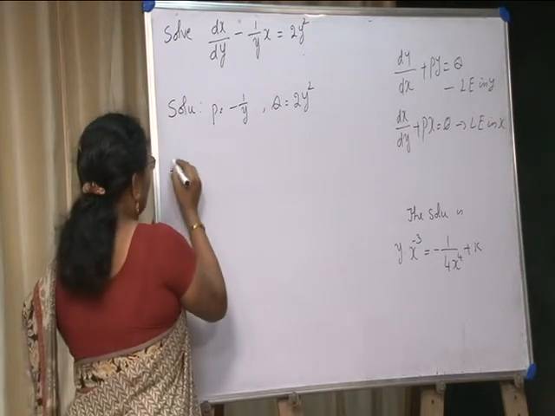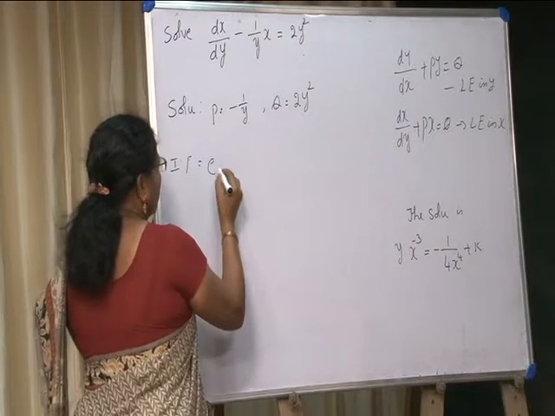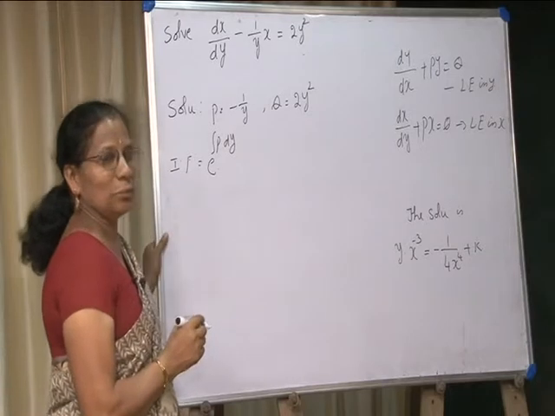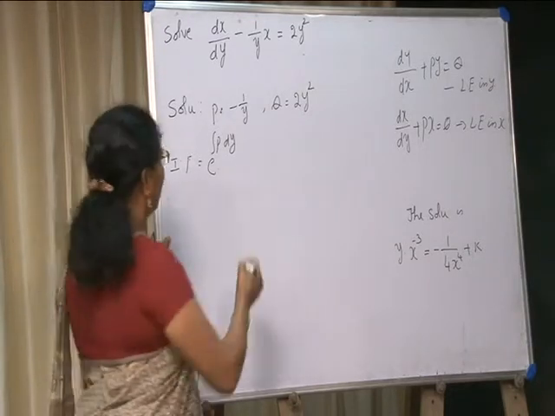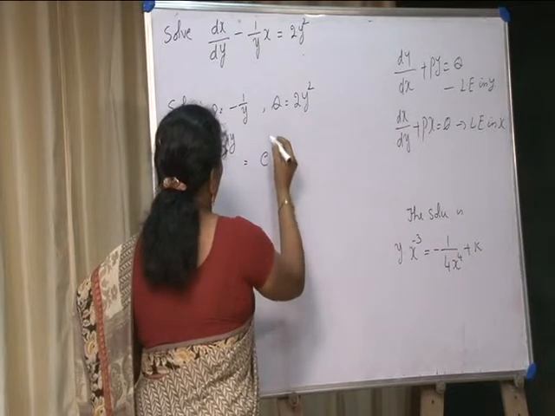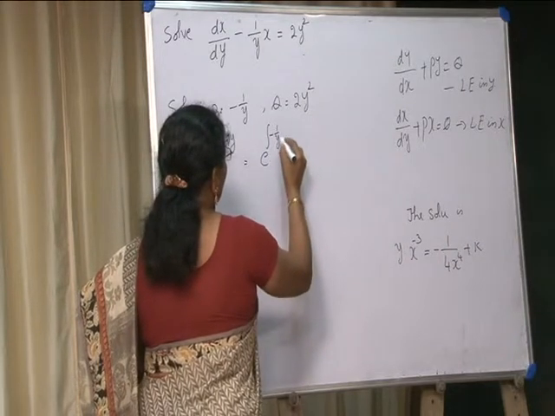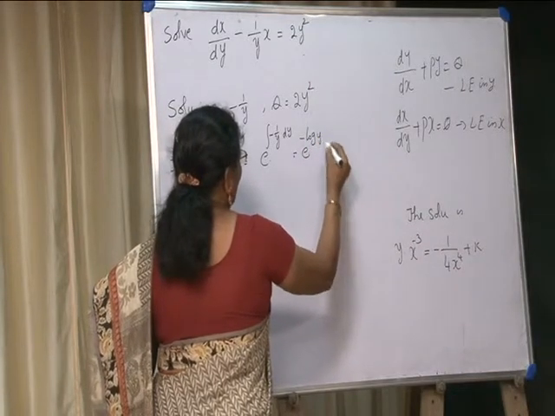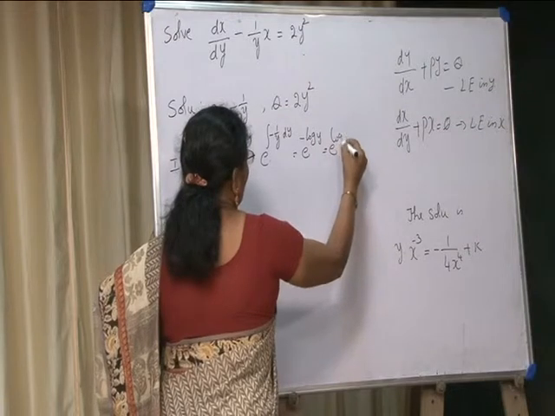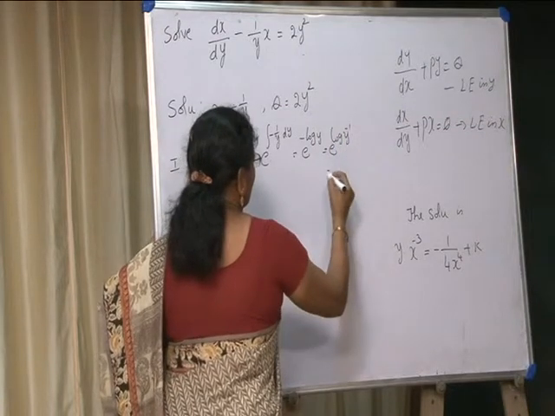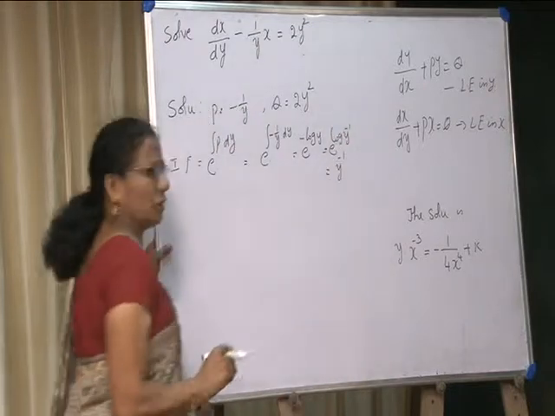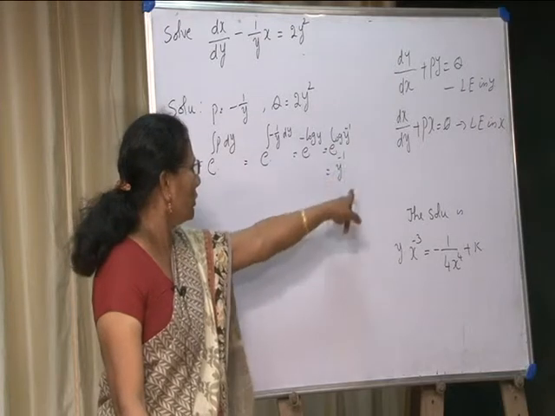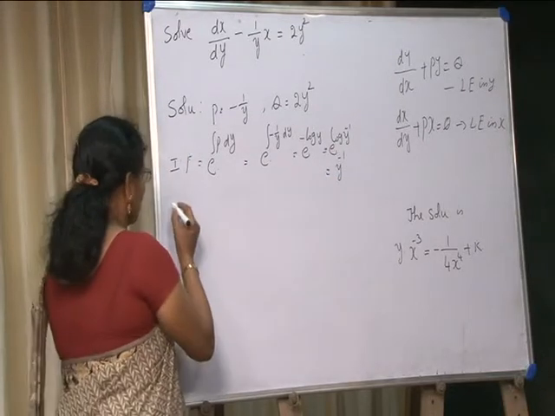Then the integrating factor is equal to e to the power of integral of p dy, not p dx. Here in the place of dx we have to take dy. This is equal to e to the power of integral of minus 1 over y dy, e to the power of minus log y, which is log of y to the power of minus 1. This is equal to y to the power of minus 1. So e to the power of log x is equal to x. Similarly here e to the power of log y is equal to y. Therefore the solution is